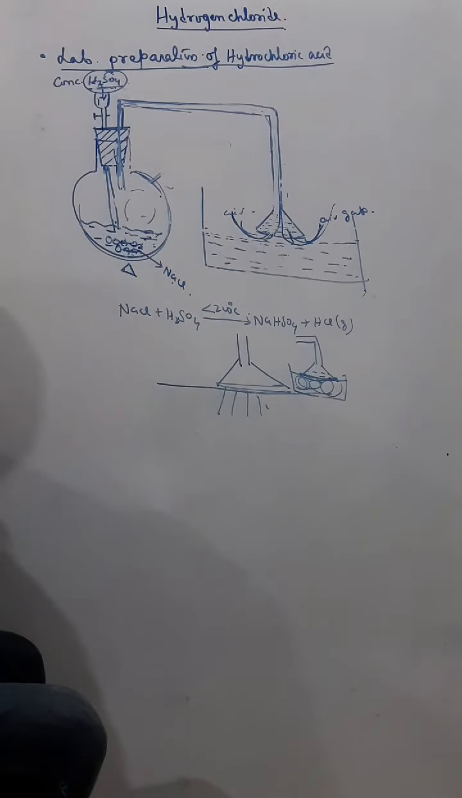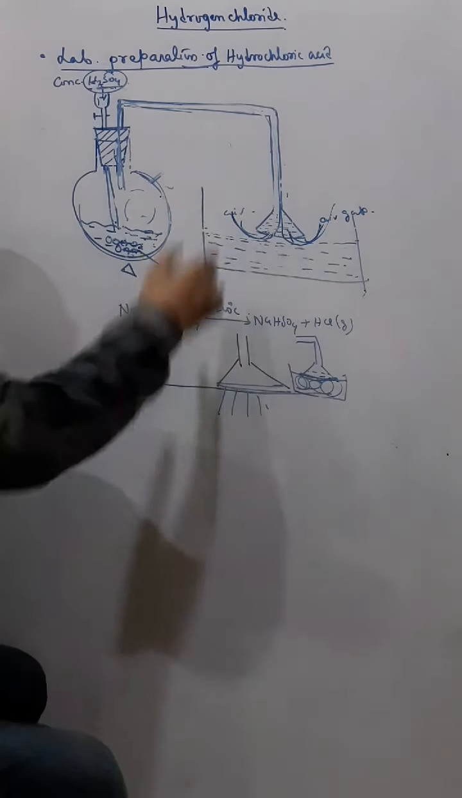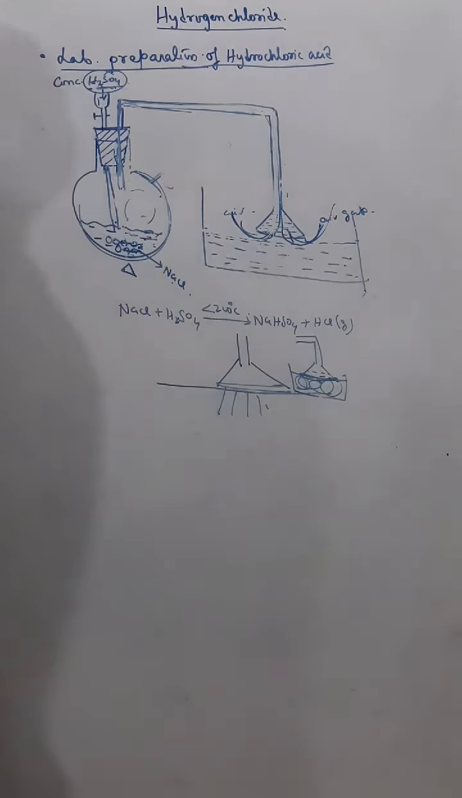And not only does it provide a large surface area, but the main reason for using this funnel is to minimize or prevent the back suction. So that is how we prepare hydrochloric acid. Okay,